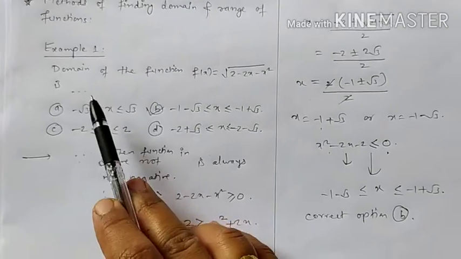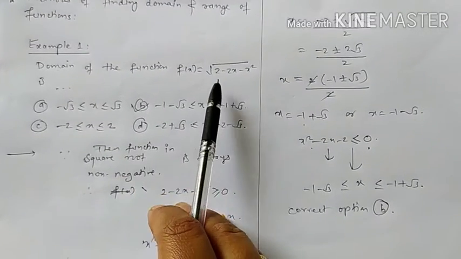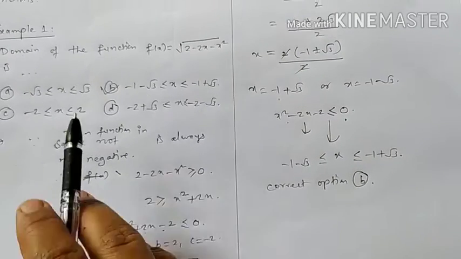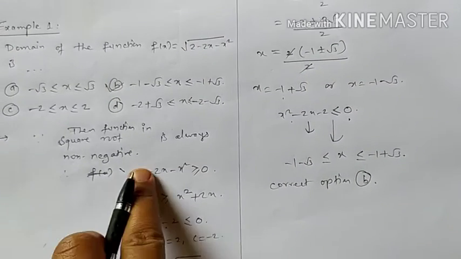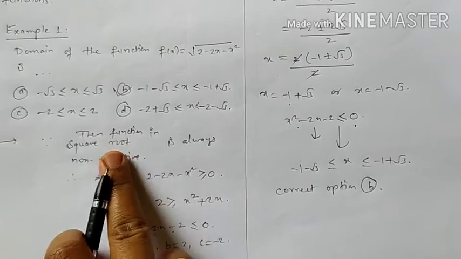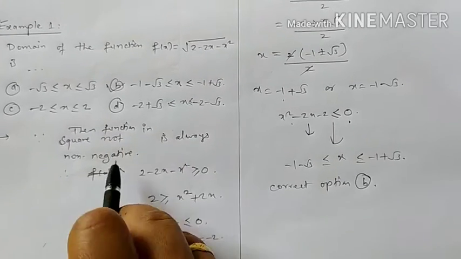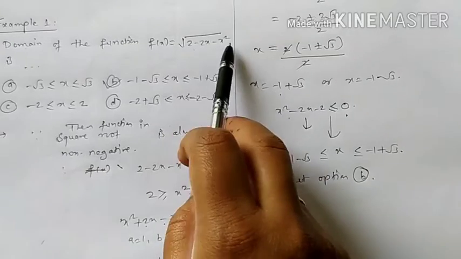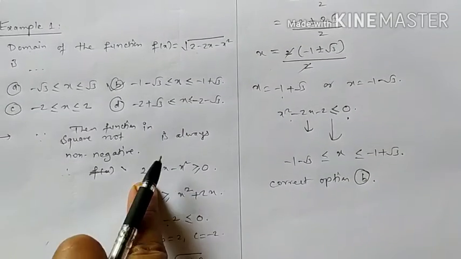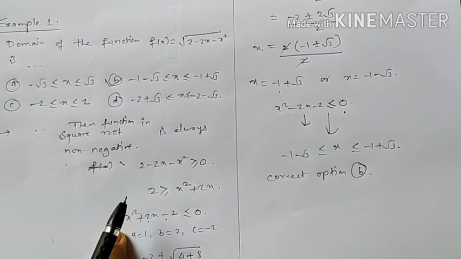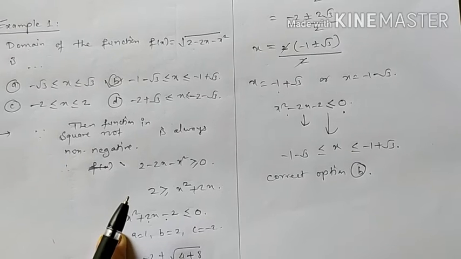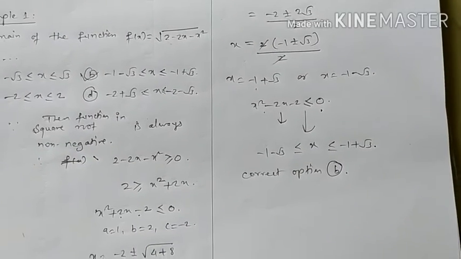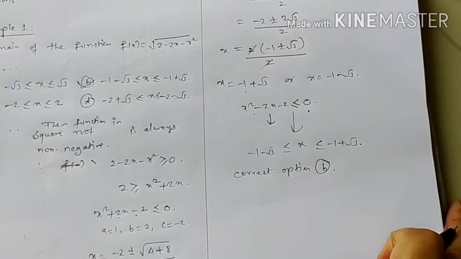Getting, student? Any doubt? So we have found the domain of the given function, which is square root of 2 minus 2x minus x square. Because here the quantity under root is always non-negative. If we say positive, it will not consider 0; it will take strictly greater than 0. We should say it is non-negative. Getting, student? Any doubt? Now the next question we'll see.